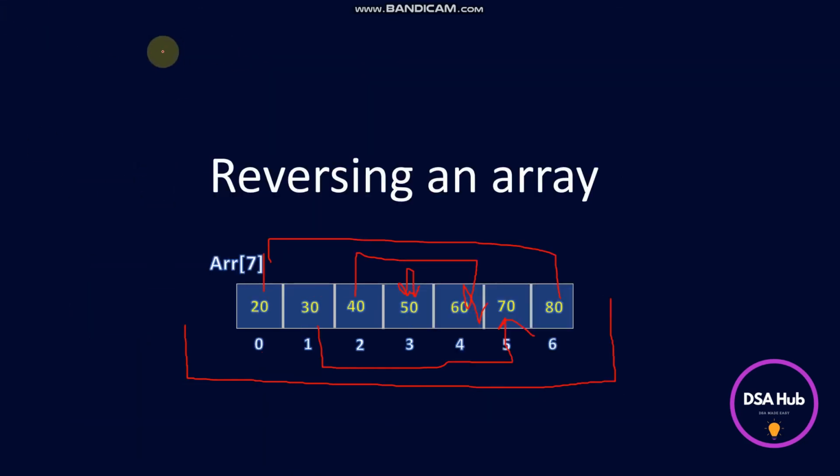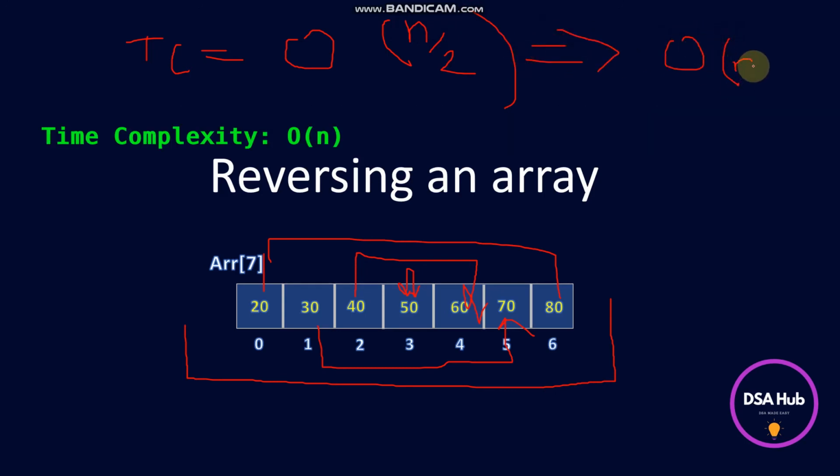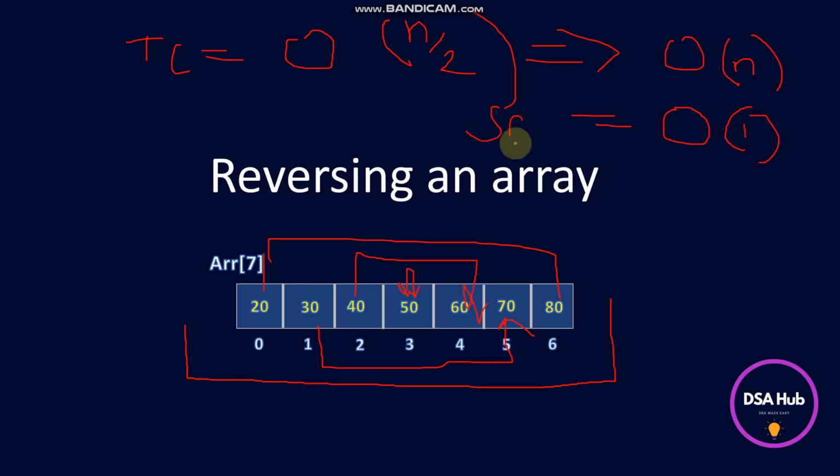Let's find out the time complexity quickly. So what will be the time complexity? We have traversed only half the number of elements, so it would be big O of n by 2. But since we consider only the dominant term, it would be big O of n. And the space complexity, since we are using constant space, would be big O of 1. This is space complexity and this is time complexity. Pardon me for my handwriting, I can't seriously type from a mouse. I'm not that pro. So that was it.